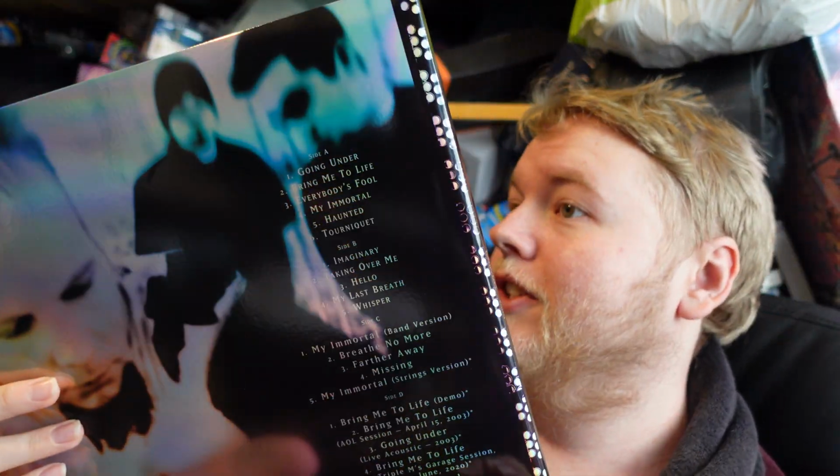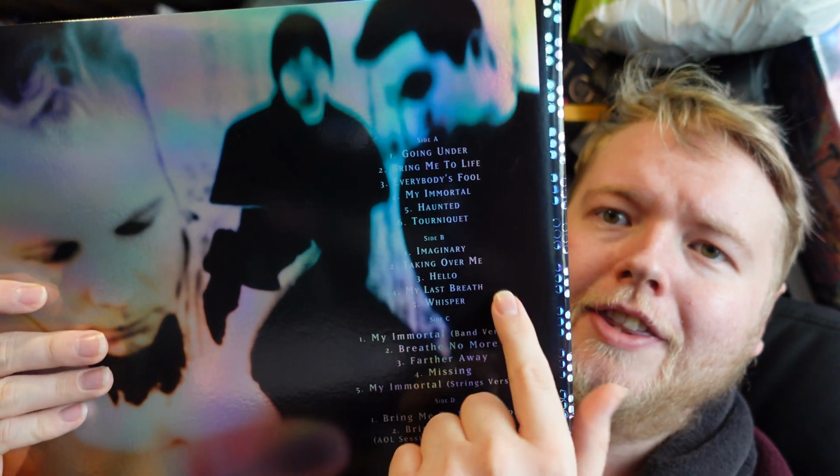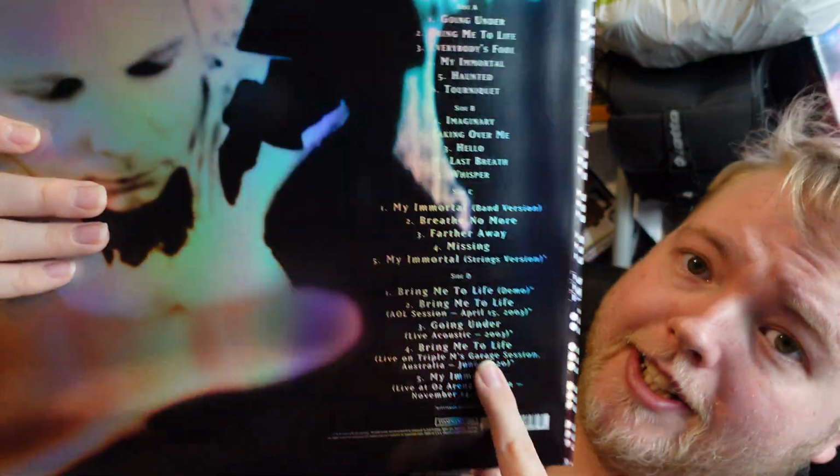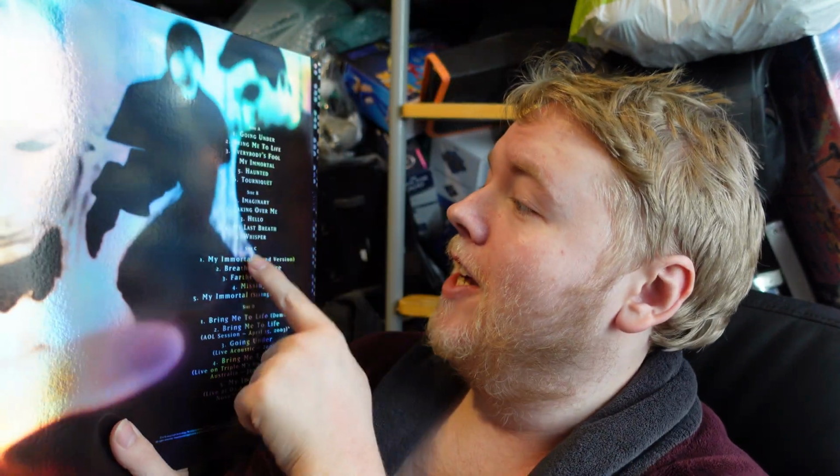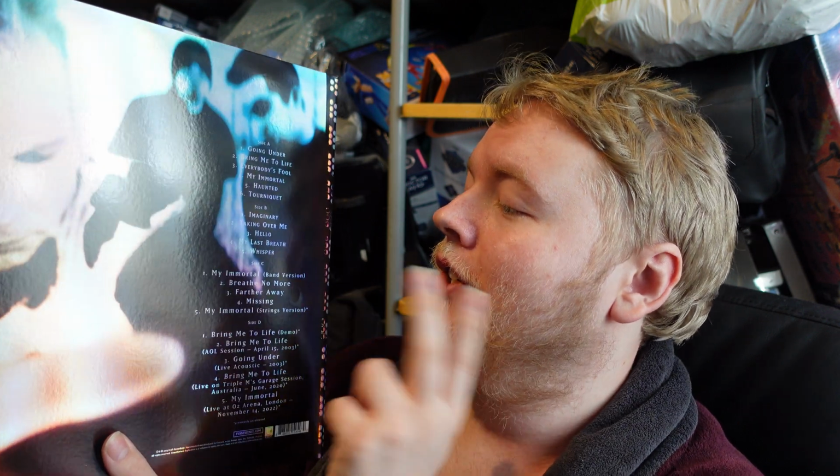So if you own the previous releases of this on vinyl, like I do, the original version, then these are exactly the same. It's sides C and D where we get the bonus track, the band version of My Immortal, which really should have been on that original pressing. For some reason, when there's a release of an older album nowadays, they release the bare bones version rather than the other tracks that are on there, because only the first lot of pressings of Fallen had 10 tracks. All of the others had the band version of My Immortal on there,